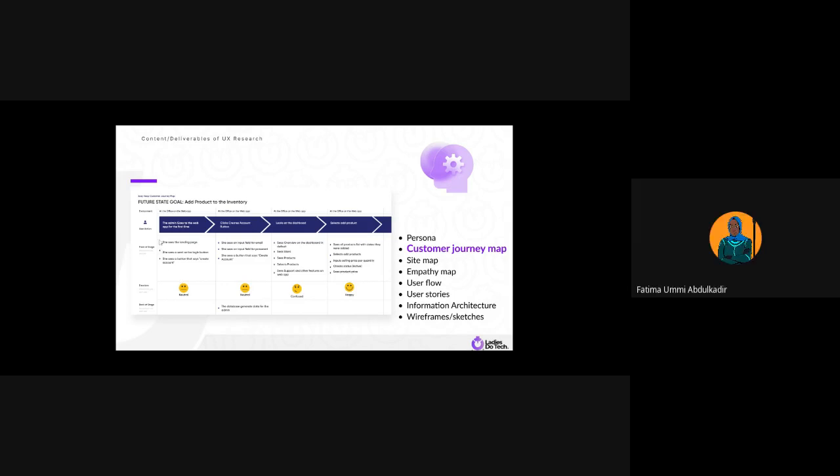It's not clear. Okay, let me explain it. Let me set the tone. This customer journey map is for a physical supermarket. They are trying to digitize their experience. The normal experience is I go into the supermarket, I pick the item I want to buy, I go to the counter, I make my payment.